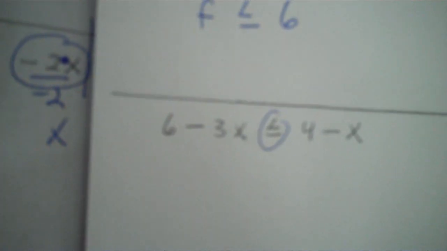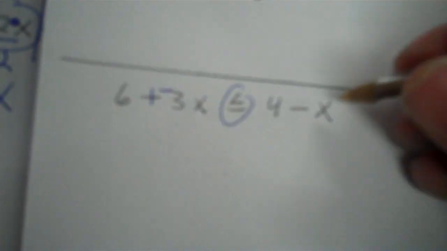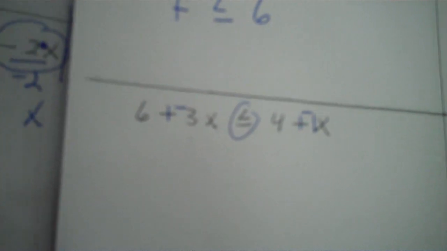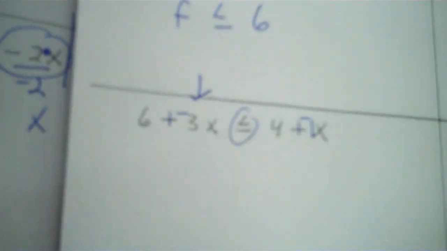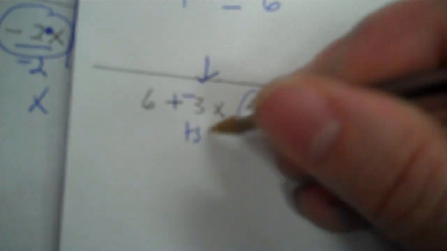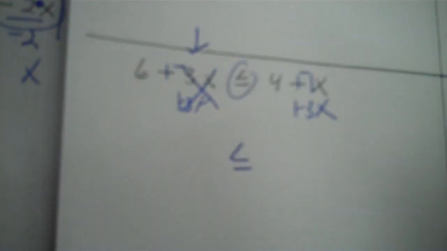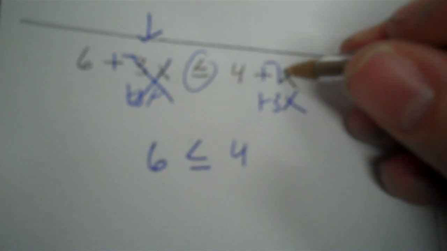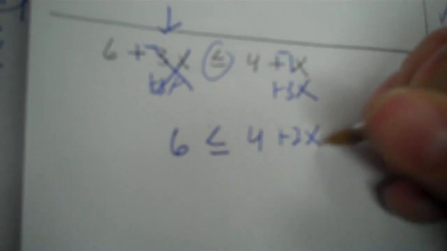Okay, next one, 6 minus 3x less than or equal to 4 minus x. Again, we have like terms of the variable. Okay, that is always a sign keeper when you're combining the like terms of the variable. And they're not combining because they're on opposite sides. So I have a negative 3x and a negative 1x. Okay, again, usually take out the smaller one. So I'll add 3x. Add 3x. Sign's not going to change when doing this. Okay, and then 4, and then negative 1 plus 3 is 2x, or you can write 2x plus 4, so